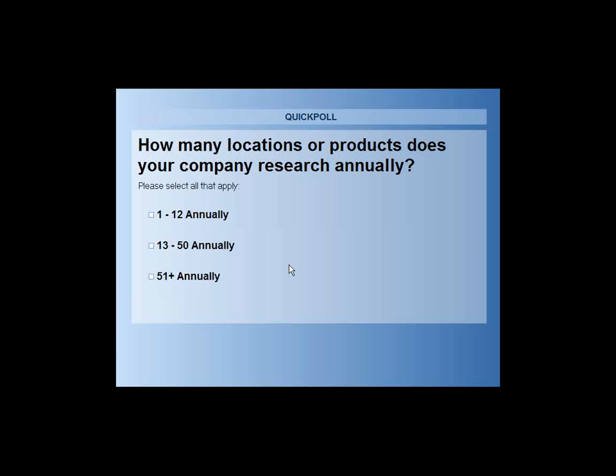All right, we're getting close to the end of the results here. We've got about 3/4 of you that have logged a response.